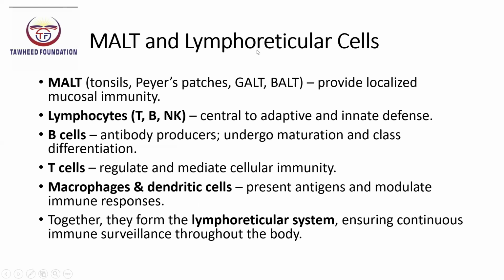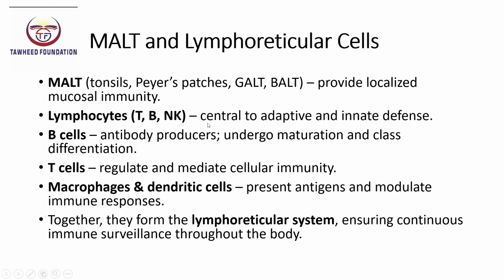Next is MALT and lymphoreticular cells. So, in summary, the MALT system, which includes tonsils, Peyer's patches, GALT and BALT, provides localized immune protection at mucosal surfaces. The lymphocytes